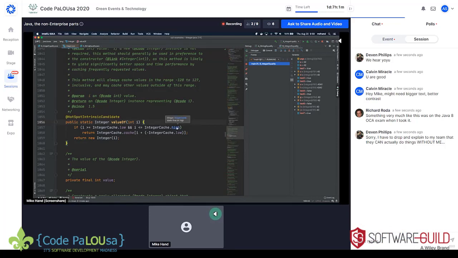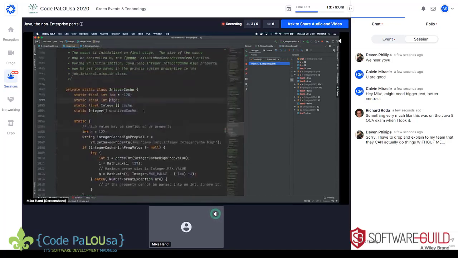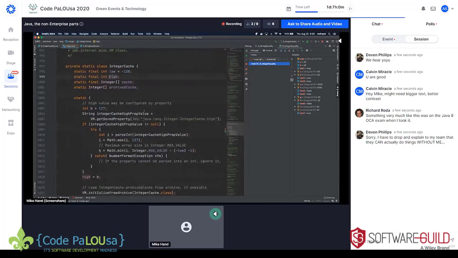Now let's go look at what happens with high. You see, low was defined as, if I can hover correctly here, -128. But high, okay, it does say 127. Sometimes it doesn't. Oh, that must be because I'm still in the middle of executing. High is actually not set here, you see. It's going to be at least 127, but it could be configured to be higher.